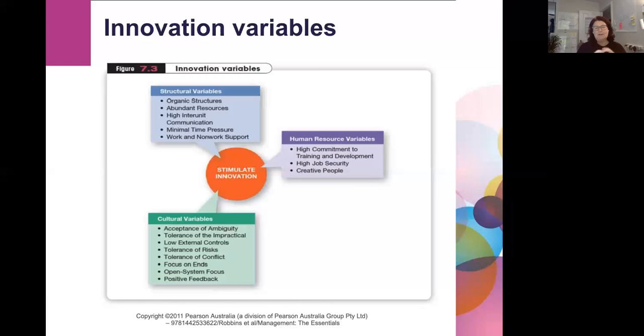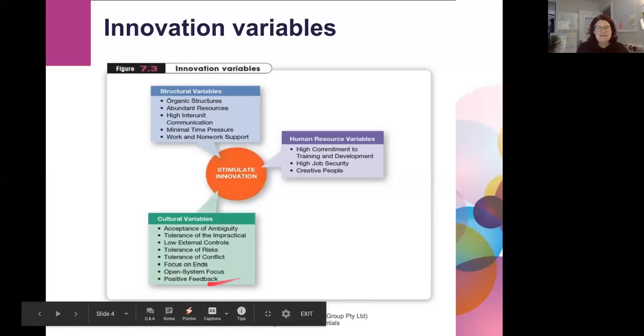As well as at an interpersonal level, we also need the ability to have feedback in terms of our actual systems and processes. So being able to learn, is our organization working well? And how do we build and grow as an organization, both in terms of getting feedback from customers, from people within the organization, and from our external environment, so that we can use that feedback to improve what we do and come up with new ideas. All right, so that's our big innovation variables.